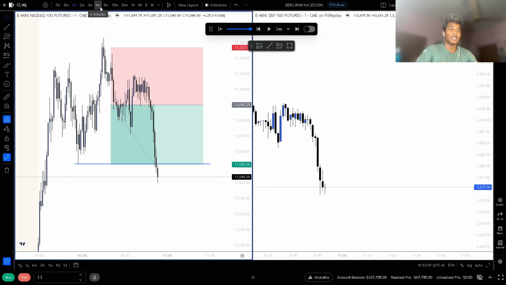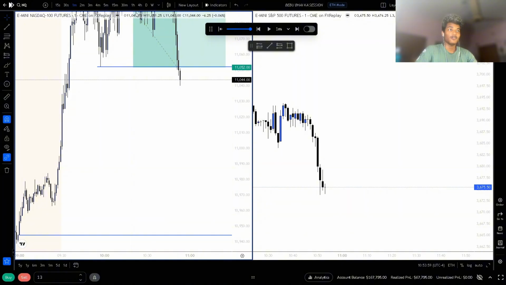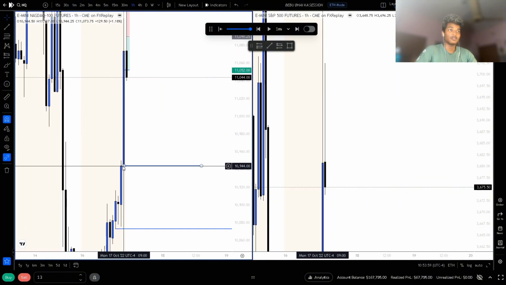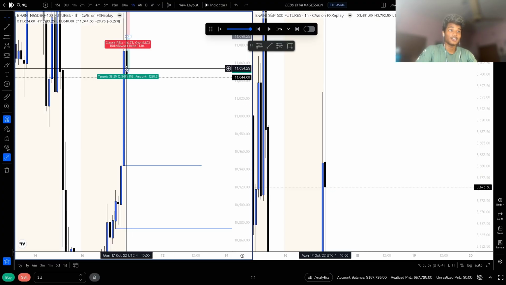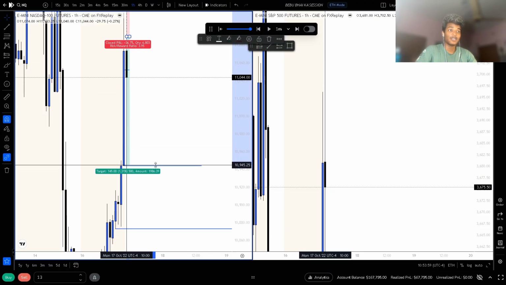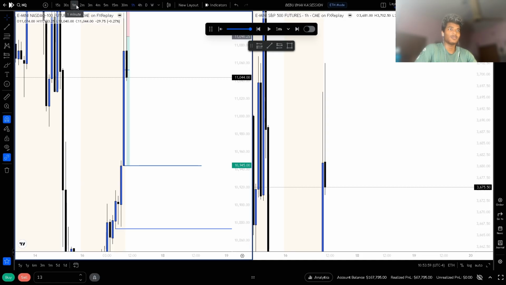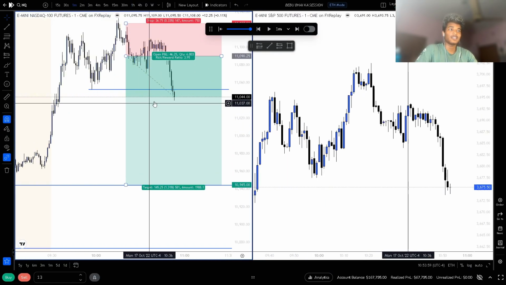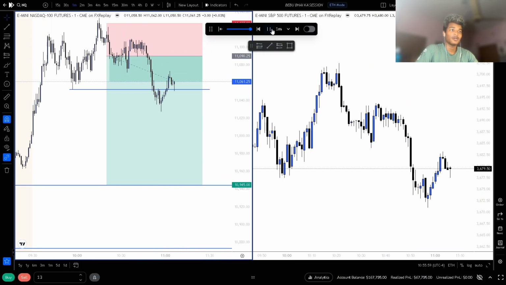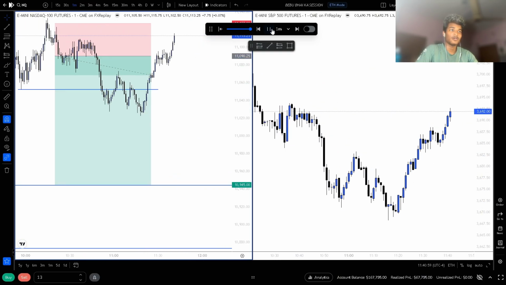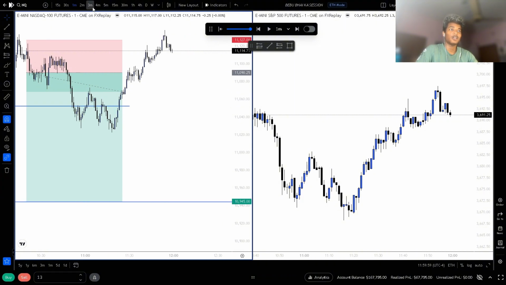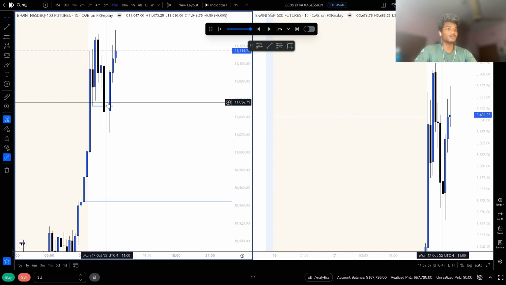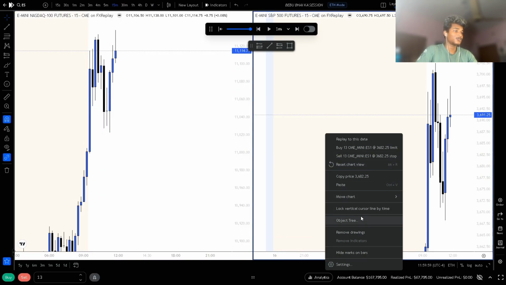Okay, and you can also see that we have valid draws below us also, such as this 15-minute, such as this hourly unmitigated. So if I would have extended my TP till here, it may play out, but I don't need that to actually be profitable. So let's see if this plays out or not. No, this did not end up playing out, but yeah. So that's all for today, and let's just move into the new day.